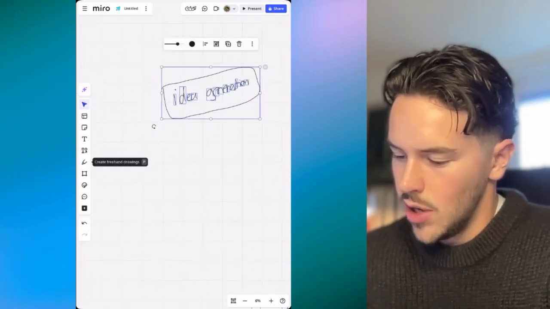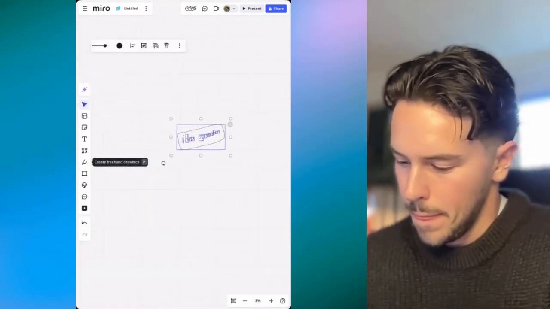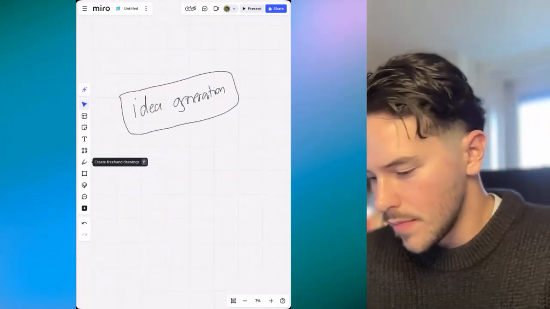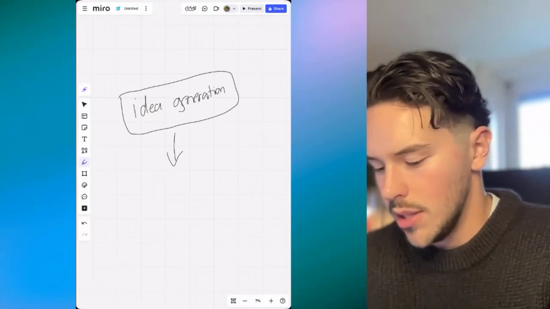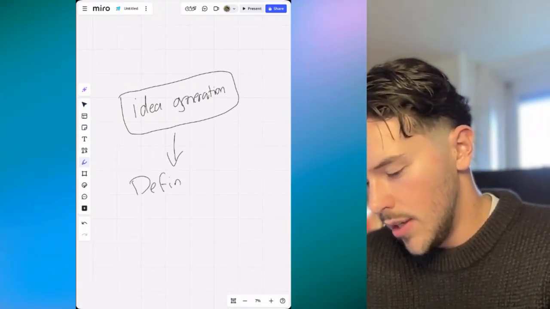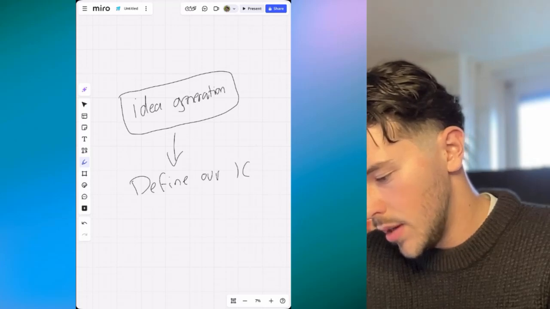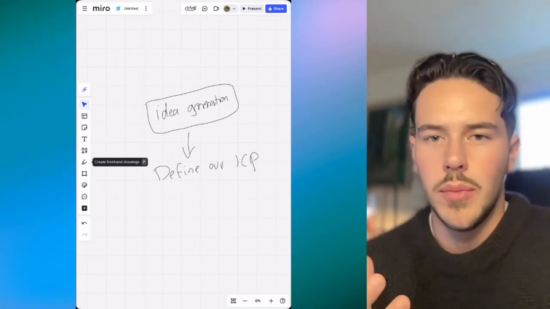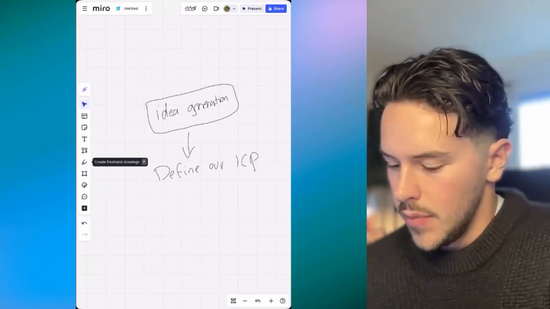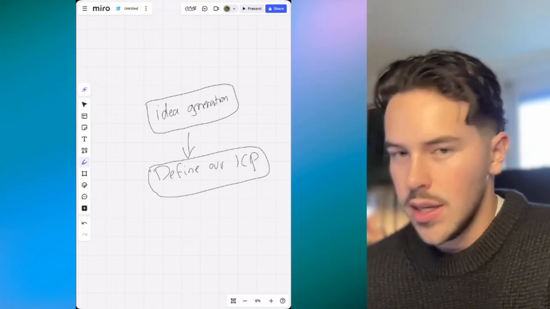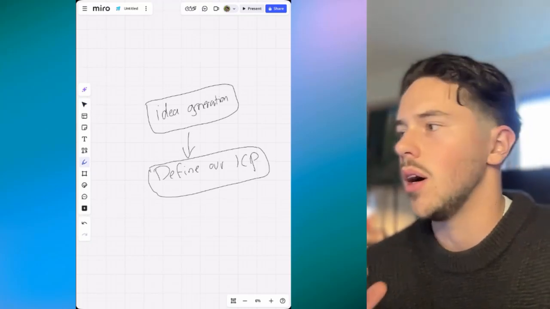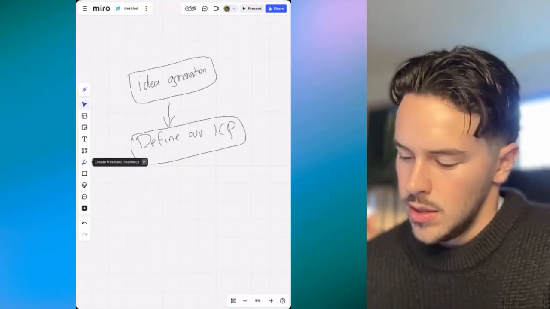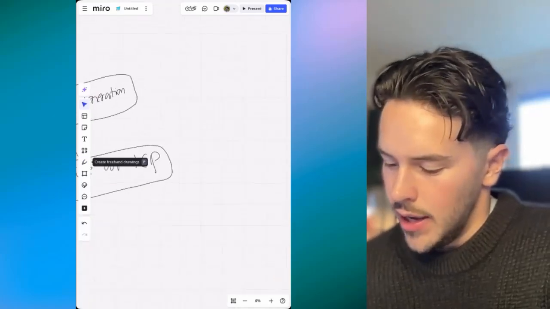So yeah, let's grab this idea generation process I made and step through it. First we need to define who our ICP is. That's the first thing we can actually automate if we do it right. When I talk to companies and do a workshop, this is most of the time the hardest part where companies struggle. So we made a custom AI for it.